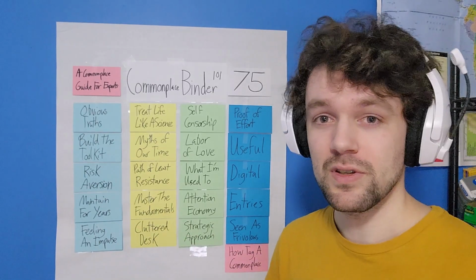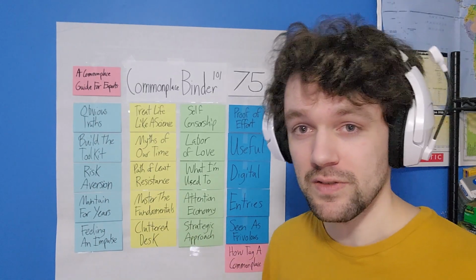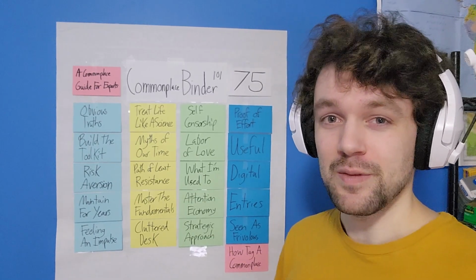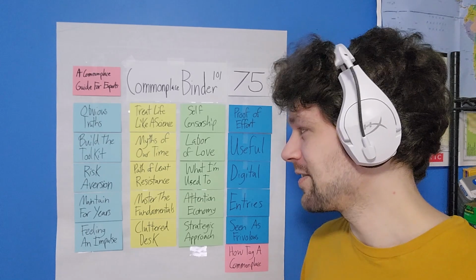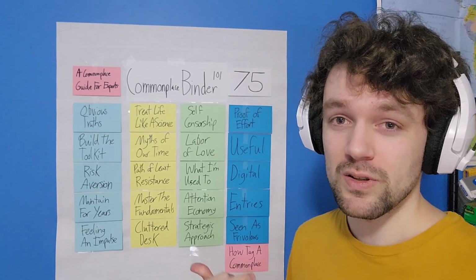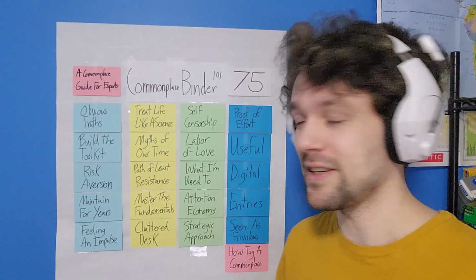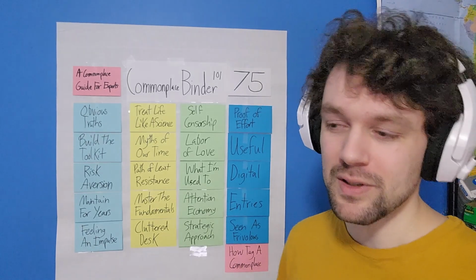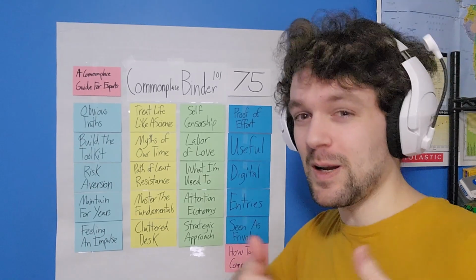Risk aversion. So I don't like taking the risk of assuming I am the legendary expert of something as a 20-year-old. Now, I'm no longer 20, so maybe that means I'm fine. But until I'm at least 30, I probably don't want to be saying, I'm the number one.